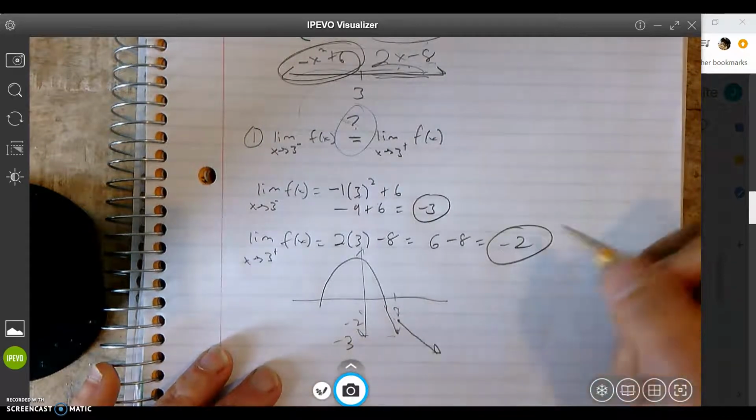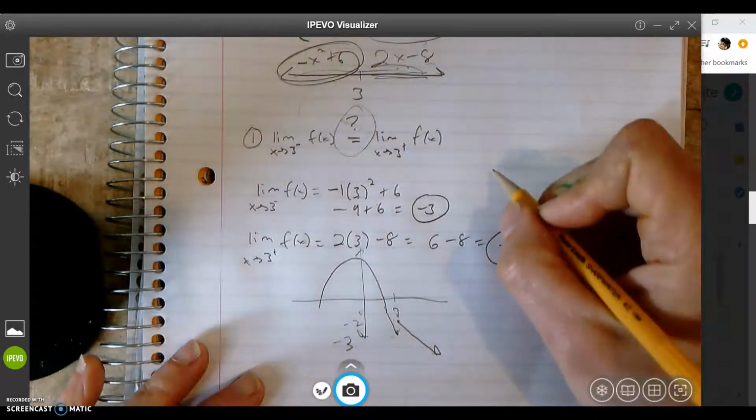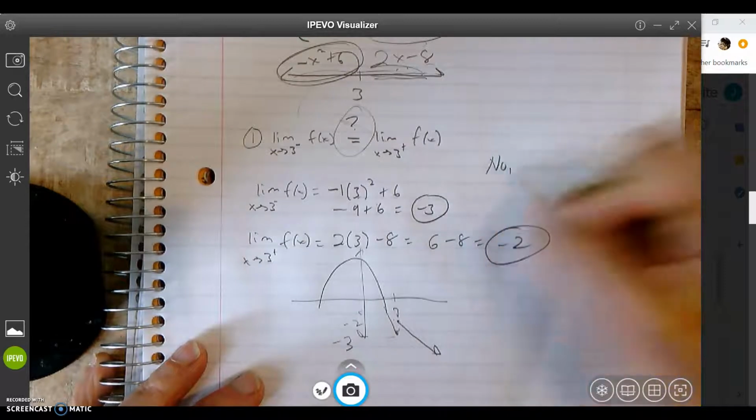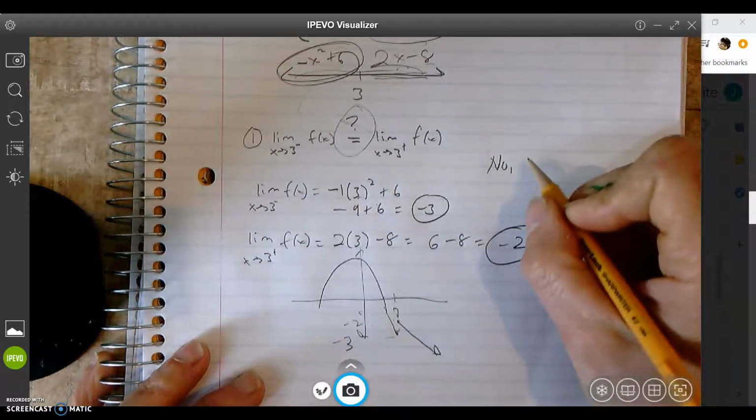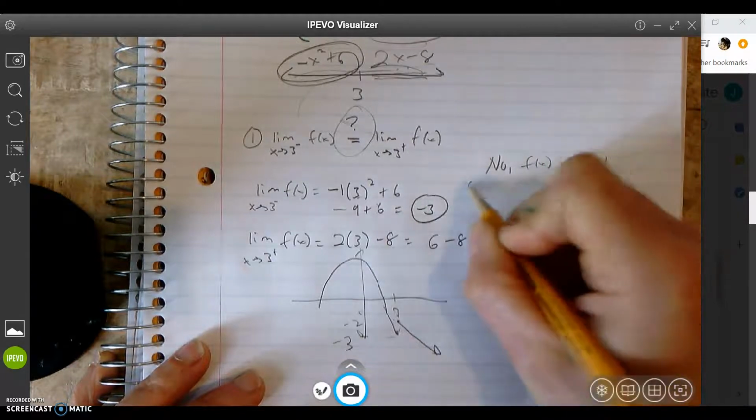So there's a jump discontinuity here. Cool. All right. So we've got a concluding statement, and always write the concluding statement. F of x is not continuous